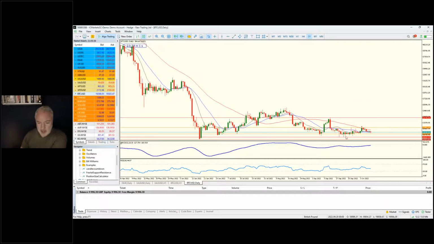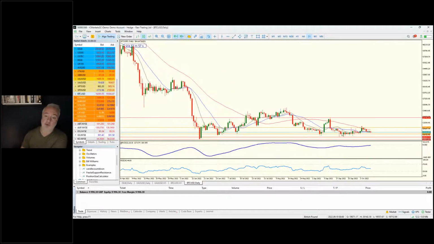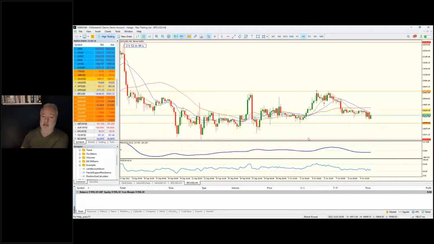Okay, so at the time, if we go up to a higher time frame, last week the markets were looking bullish. They were looking really, really nice and bullish at this point. There was a flat level here. I was looking for price to break out, and if price broke out, I would expect it to head up to here. During the session, we went down to the lower time frames,